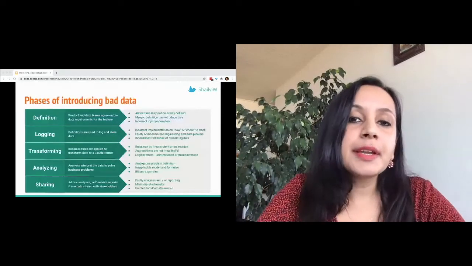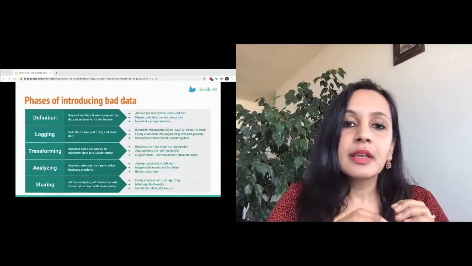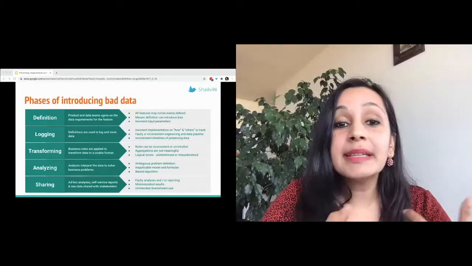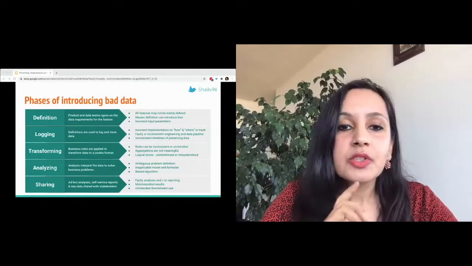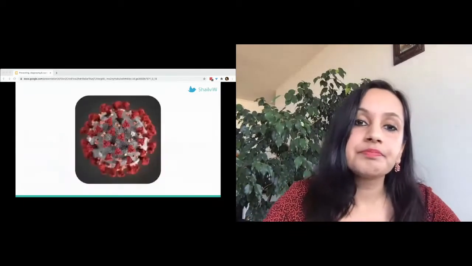Now, we have identified the data lifecycle, and you'll start to see that at each phase, there are numerous possibilities to unintentionally introduce bad data. There's a lot going on with this graphic, but I wanted to show the full picture before I dive into each of the sections. I usually have this graphic pinned somewhere to remind me of all the possible places where my data might be getting corrupted. So let's jump into each of the sections before I come back to this visual.